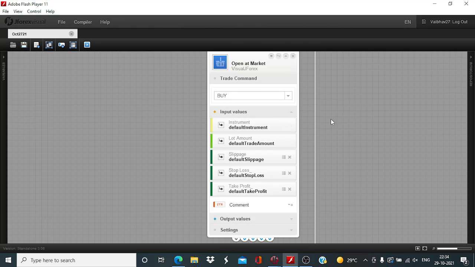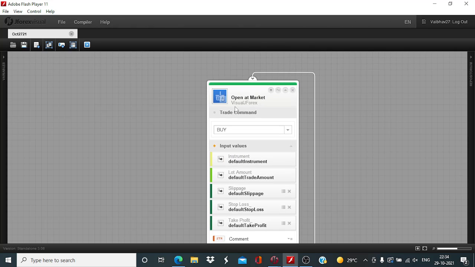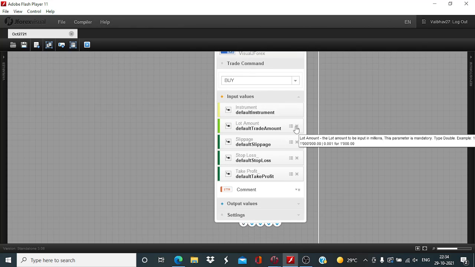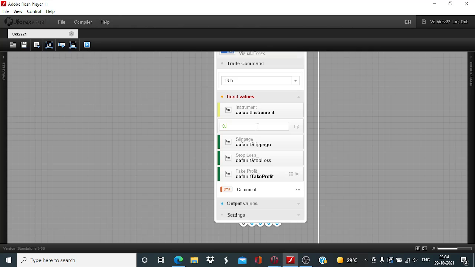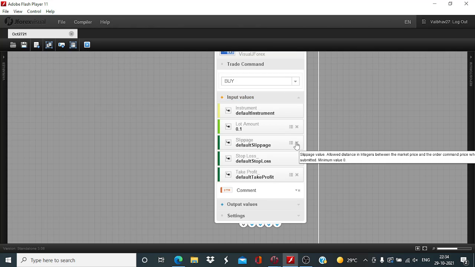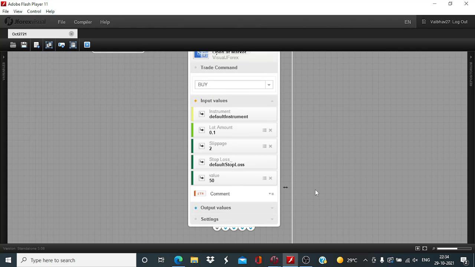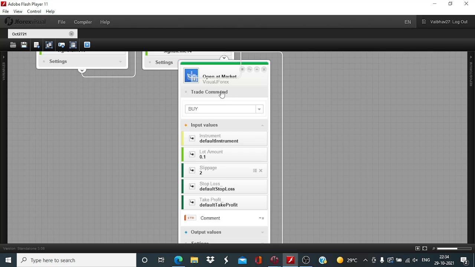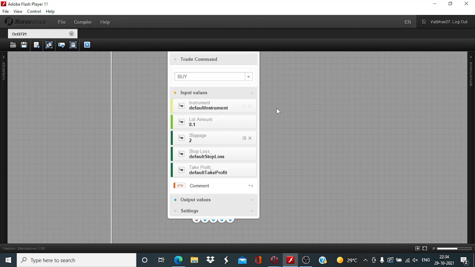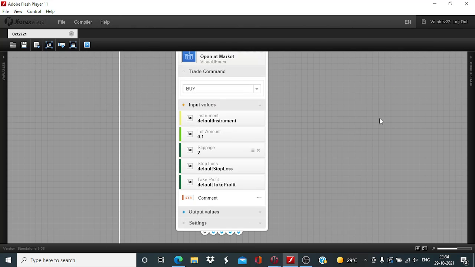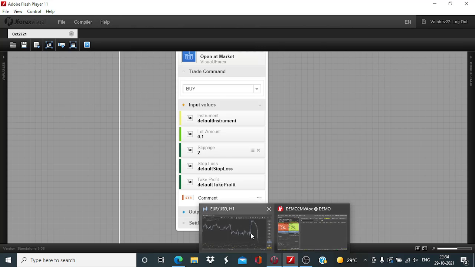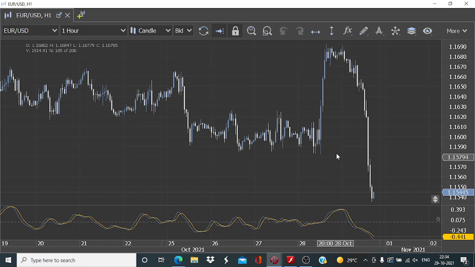Default instrument remains as it is. Trade amount I will change to 0.1 million. Slippage, I think 2 pips is good enough. Now comes this stop loss and take profit formation question. There are two different ways you can go and deal with this problem. One way is to set